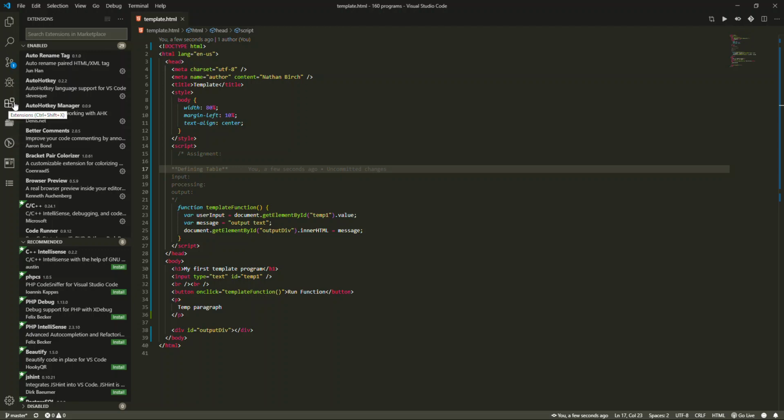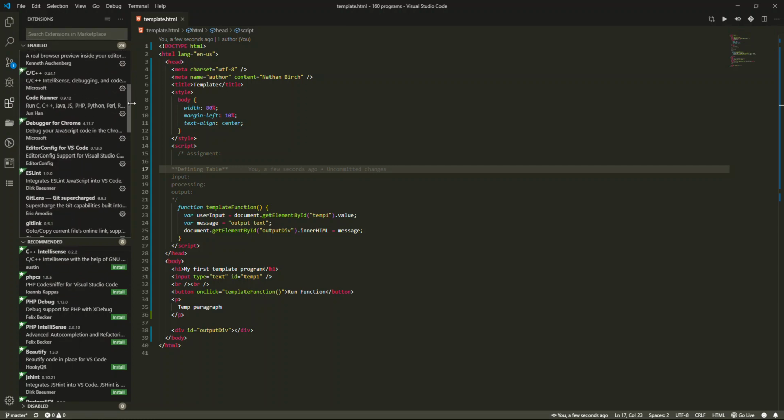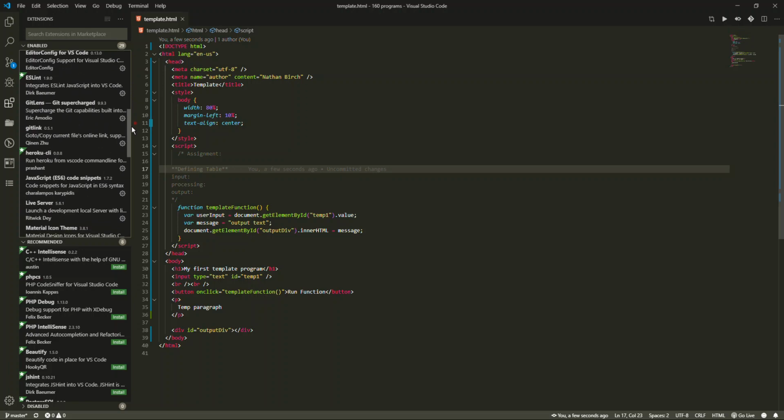But if you hover over one of them, it'll say extensions. It might have a different icon than this. But there are a bunch of different things that you can install that will help you. Right here, it shows all of the ones that I have enabled in mine. I have GitLens, Heroku CLI, which is for CS313, a JavaScript one, a live server one, which is